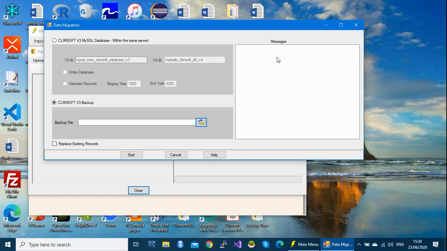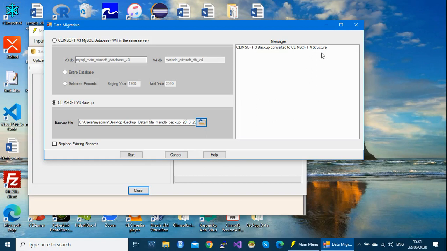If the check succeeds, you will also see it here. So the system is checking. Okay, so this is the message that says CleanSoft 3 backup converted to CleanSoft version 4 structure.